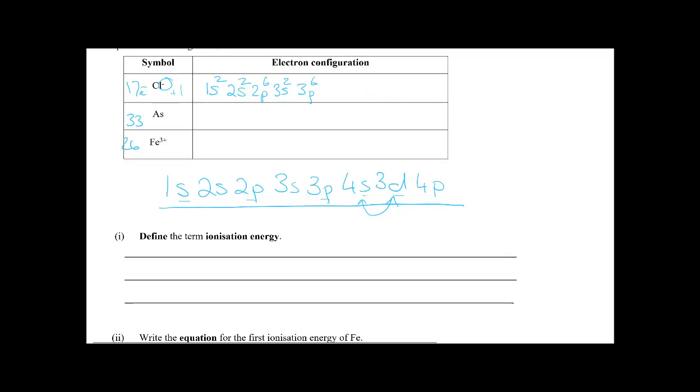Okay, now arsenic has atomic number of 33, so you've got to fill it with 33 electrons. And again, once you know this order or sequence of orbitals, you should be fine. So that's going to be 2, 2, and 6. So that's 10, 12, 18, 20, because 4s fills first, 30, because you're going to use all of those, and 3